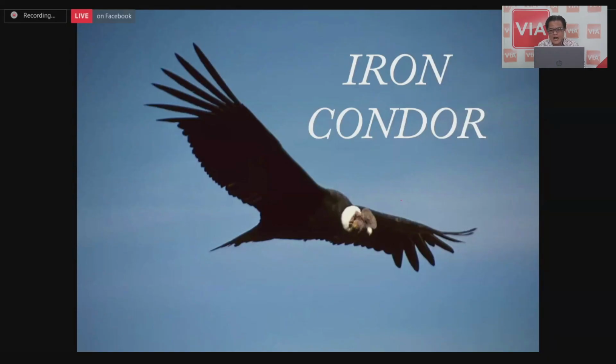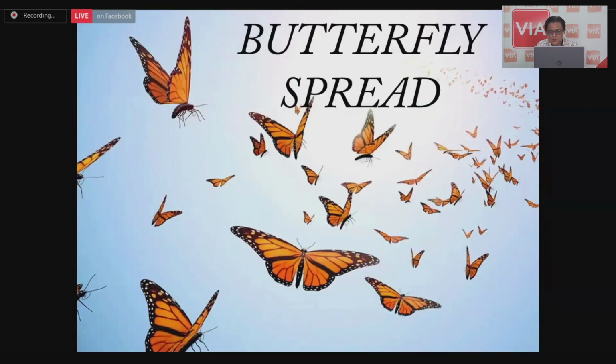Now, there are strategies called Iron Condor. If I conduct a class and say, hey, I'm going to teach you Iron Condor, versus Cayden's value investing, goodness, I think Iron Condor sounds nicer, right? There are also strategies called butterfly spread. You can see the butterfly spreading its wings. It's so nice, right?